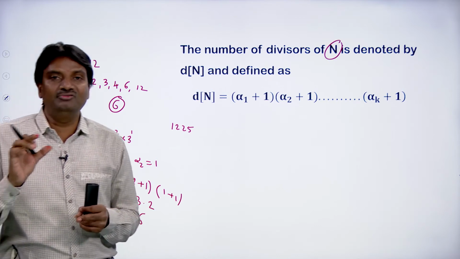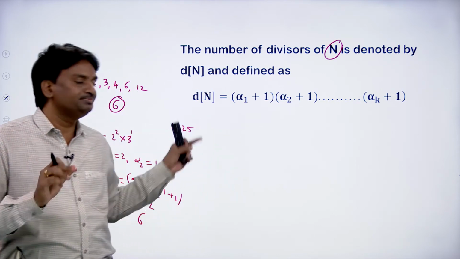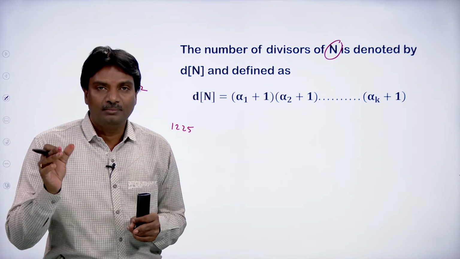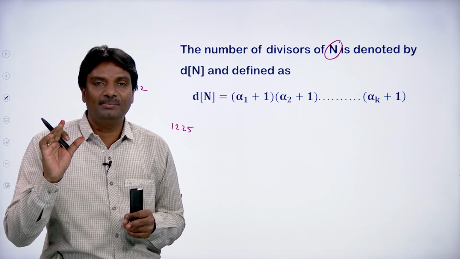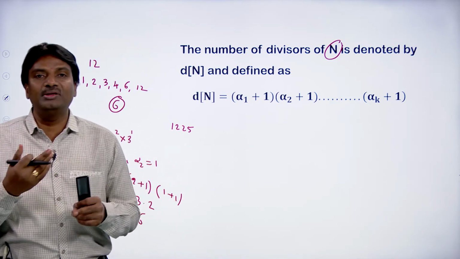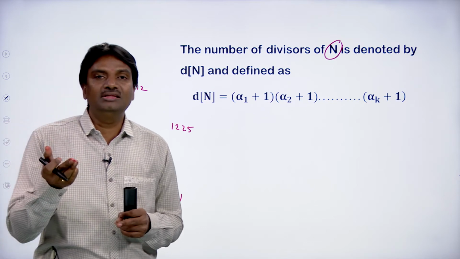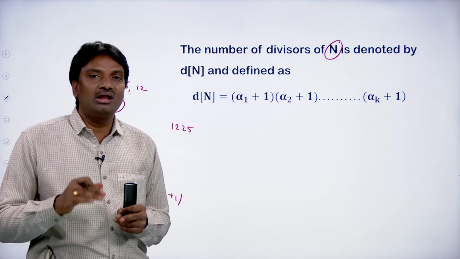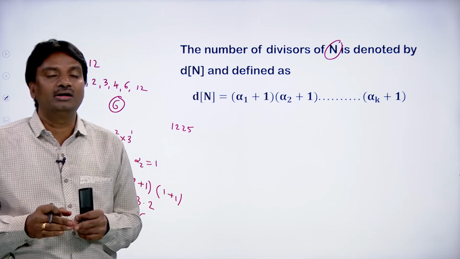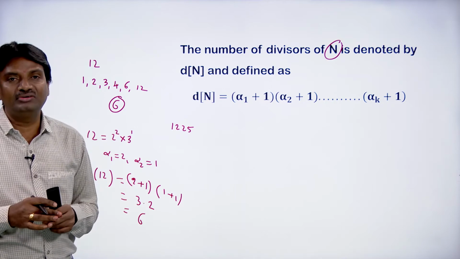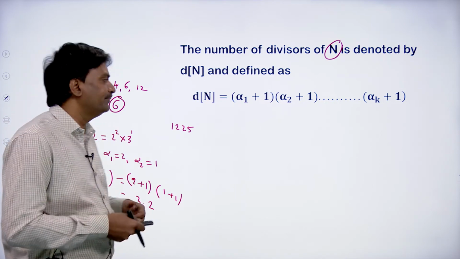Find the number of divisors of 1 lakh. So, we can do it like this only. Whatever the number may be, that number must be a natural number. Express that number in the form of p1 power alpha 1 into p2 power alpha 2 into p3 power alpha 3, so on. After getting the values of alpha 1, alpha 2, alpha 3, so on, substitute those values in this formula, and we will get the total number of divisors of the given number n.